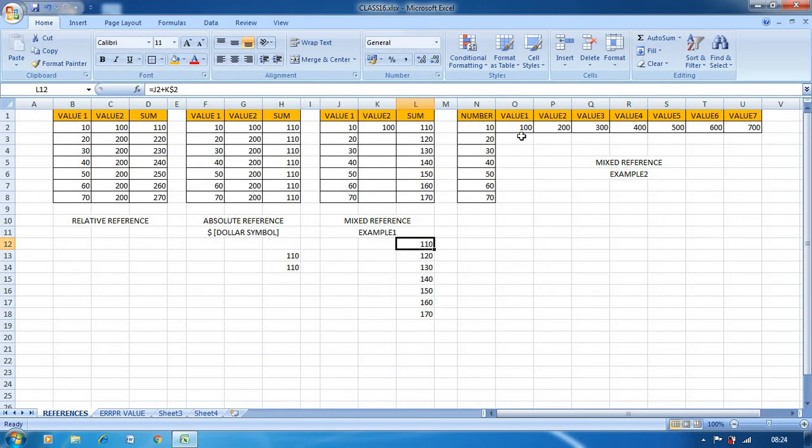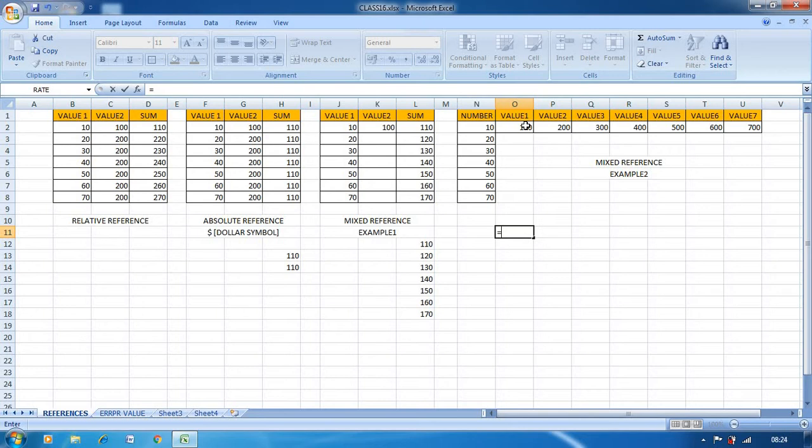In example 2, what I will do is now I will make 10 as fixed and automatically it will change. So here what happens is equal to, I will change the column name now, equal to, I will fix 10.